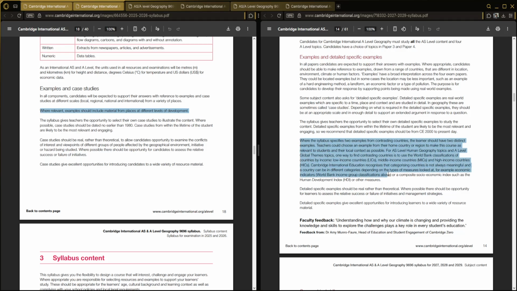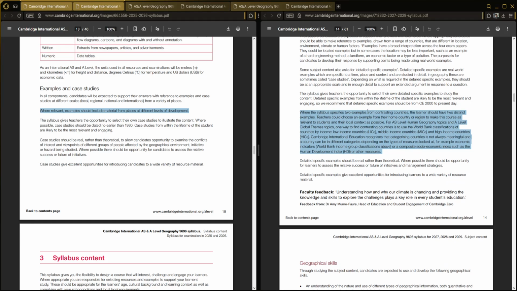In the new syllabus, it addresses this. It says that where the syllabus specifies two examples from contrasting countries, the syllabus will mention two countries and it will tell you how many case studies you need. Previously, it would just tell you one case study, but then actually you need multiple case studies. Now it will tell you how many case studies you need, and where it says contrasting, you can start with different things. So one way of contrast is HICs, LICs, but there are other ways like contrasting pronatal, antenatal policies, and essentially it's much clearer and more detailed in what you need to do.